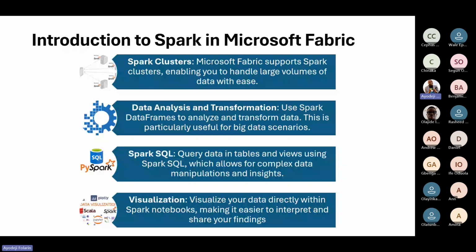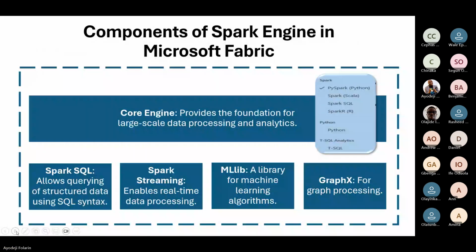Number 1, the core engine of Apache Spark. The core engine provides the foundation.